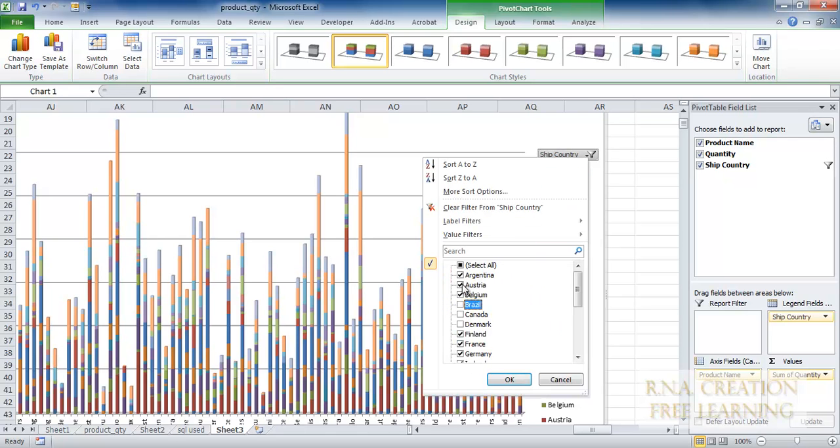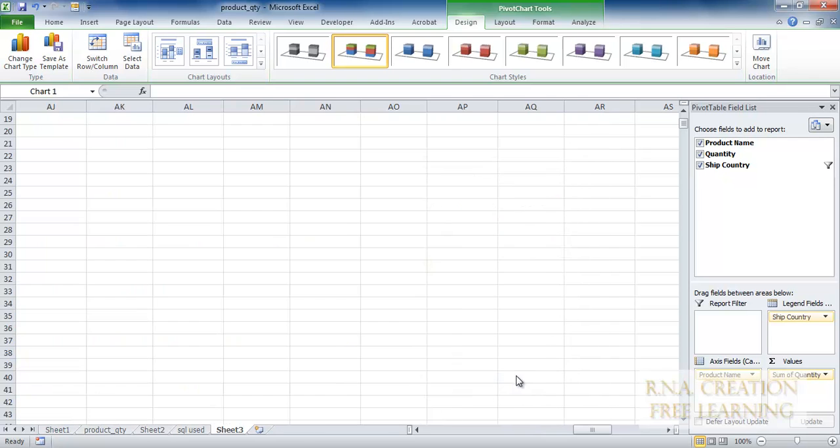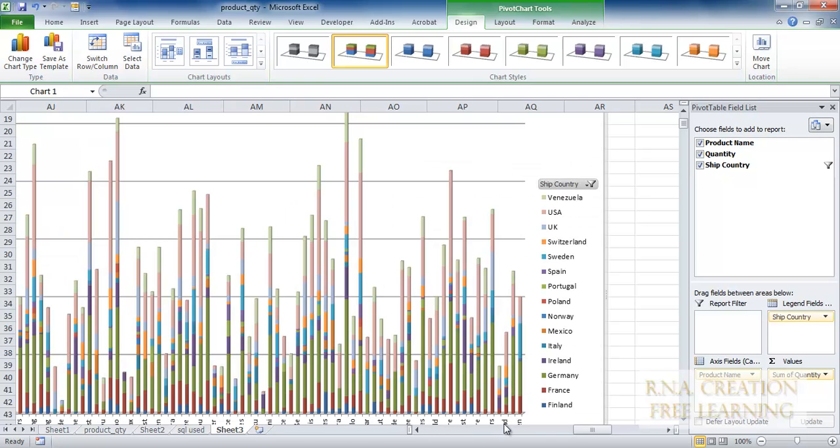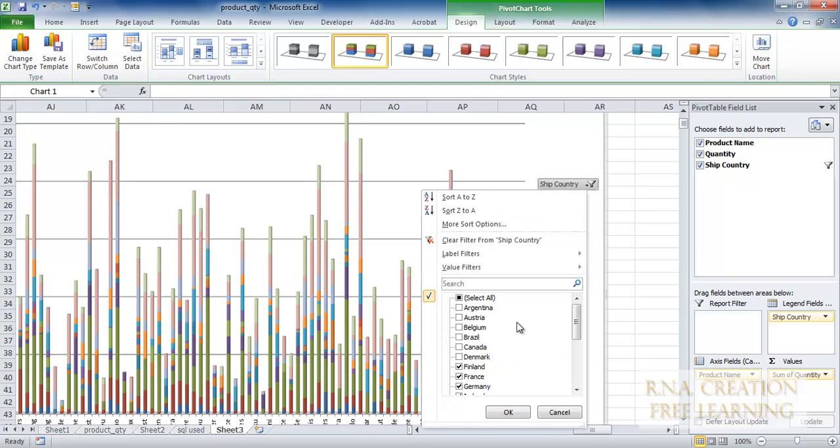You can even select fewer countries. Maybe I will select these leftover ones, and you can see the data showing up for those. And if you want to put them back, you can add them and they will be there, depending upon what you want. And we have all the data back.